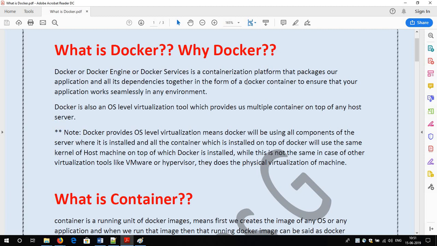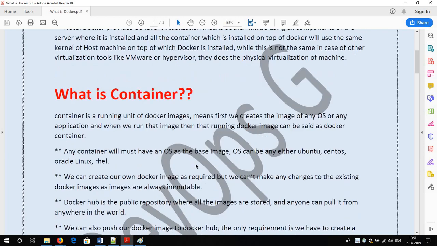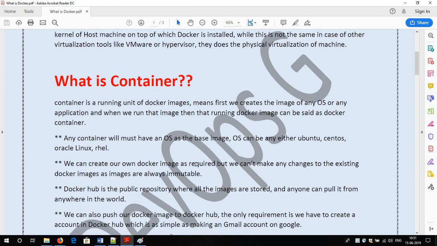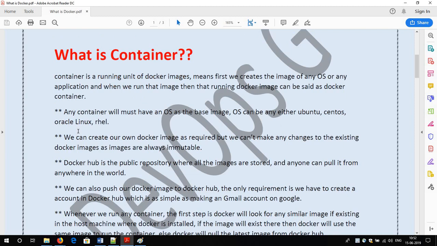Okay, so now you will say, Mr. Amit, you are always saying Docker container. What actually is the container in terms of Docker? All this I will explain with the practicals in my next session. This video is only for the theoretical part. Believe me, you will understand all the concepts in my upcoming videos: what the container is, how we can create the container, and what the use of a container is. Okay, so now move on.